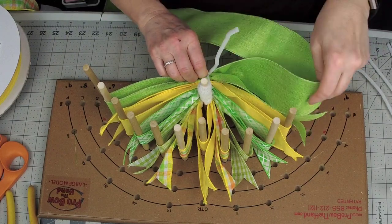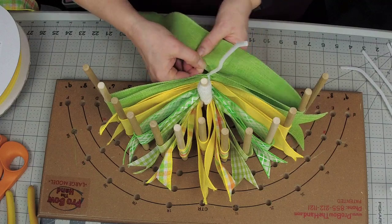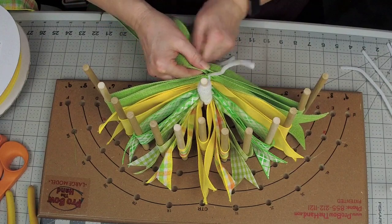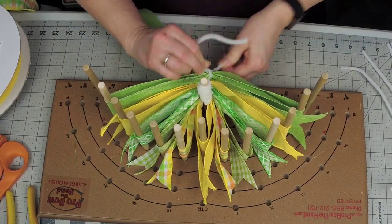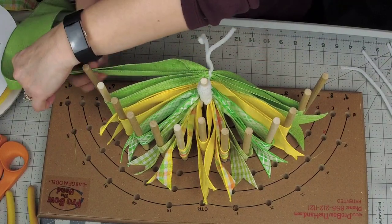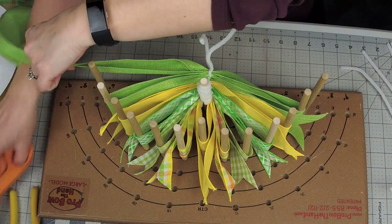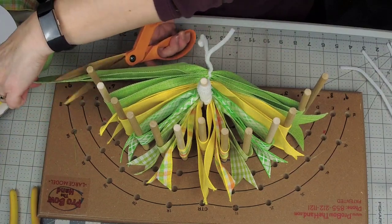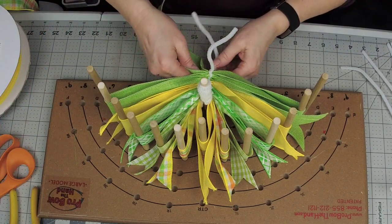Twist, then you don't even have to hold it. Gather it. And twist and tie it off. Okay, and then what I do is I take my ribbon tail, I hold it against this peg here. I take my scissor against the peg, and then I cut it off. It all really,